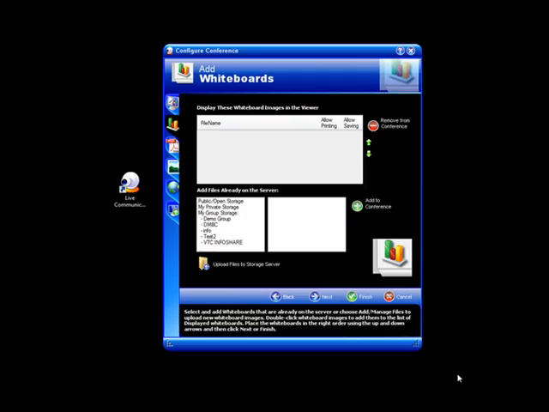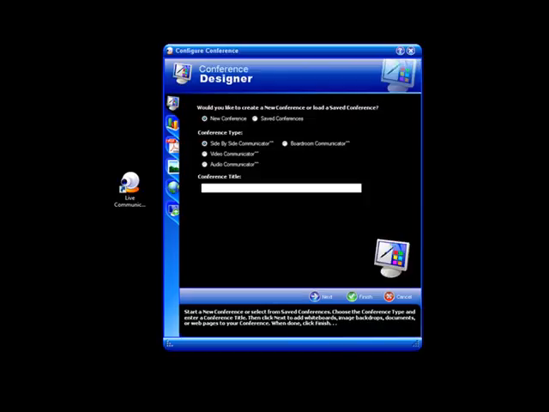When the Conference Designer box appears, the Conference Designer allows you to create a new conference, either for teaching purposes, if the application is being used for long-distance education, or for corporate training, or just to design a conference or a presentation for future use of marketing a particular product. In this particular case, I'm going to walk you through the tabs in the Conference Designer,